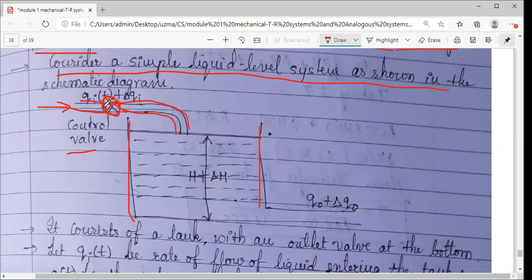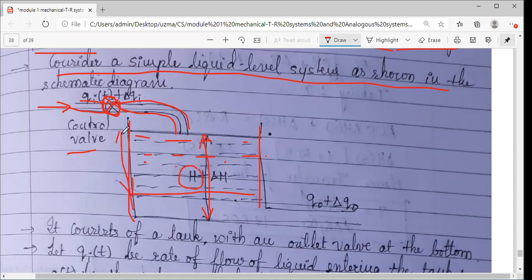Qi of t indicates the rate of flow. Okay, Q indicates the rate of flow. यहाँ पे आप electrical मत लो, charge. Okay, but now, as for now, you think that small q of t, I'm using it. I indicates input. So it is the rate of flow of the liquid entering into the tank. And this is your liquid level inside the tank. You can see I have taken one arrow mark here,